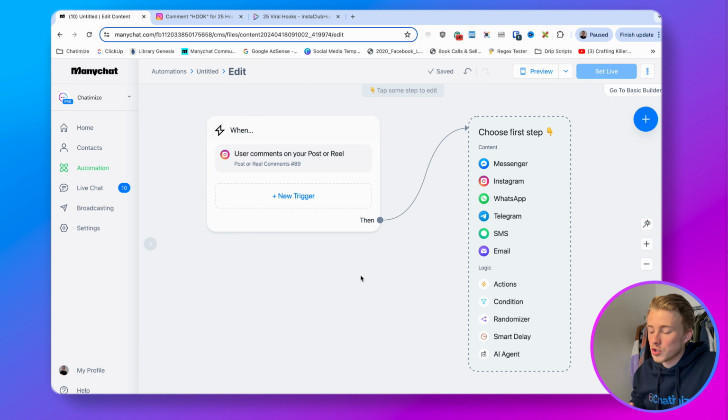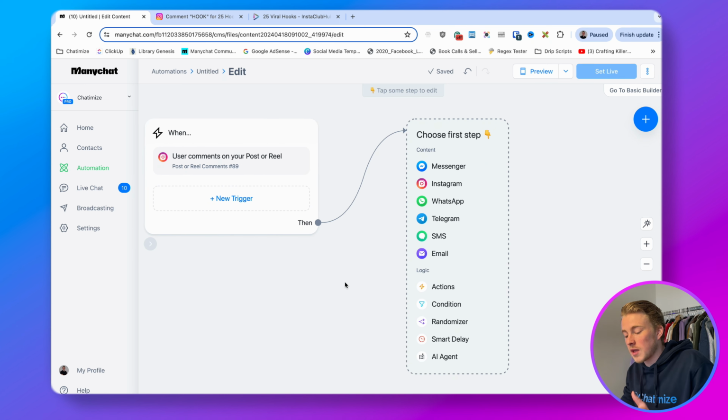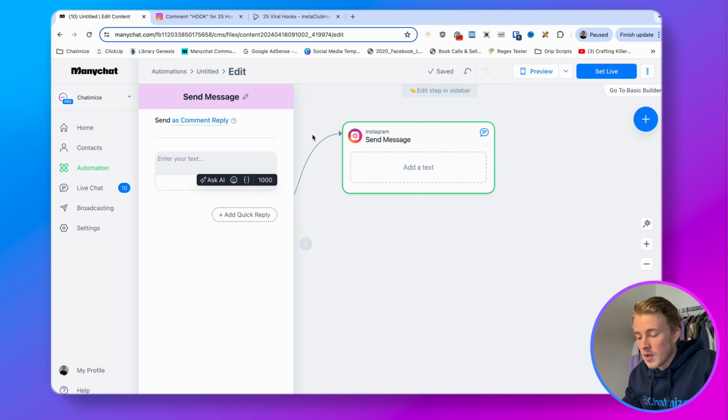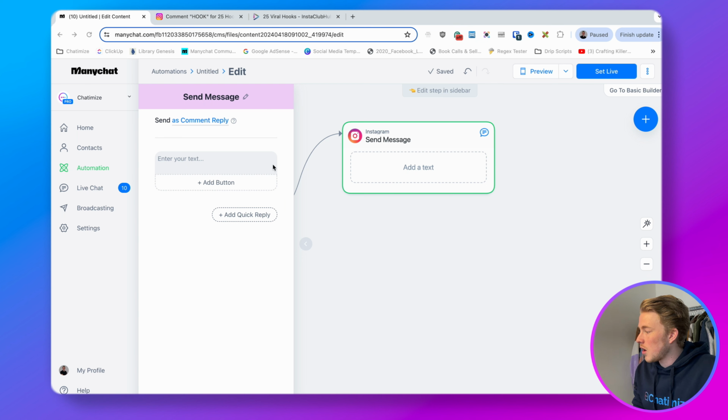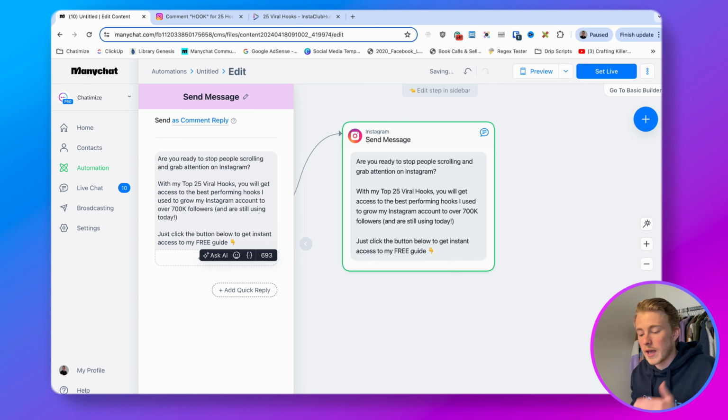And now we can also automatically start a conversation with them in the Instagram DM. And to do that, we can basically select Instagram, and then you need to make sure that this first step is to send as a comment reply. And then within this first step, you actually want to confirm the interest that they have in this ebook. So we can just say, are you ready to stop people scrolling and grab attention on Instagram? With my top 25 viral hook ideas, you will get access to the best performing hooks I use to grow my Instagram account to over 700,000 followers. Just click the button below,